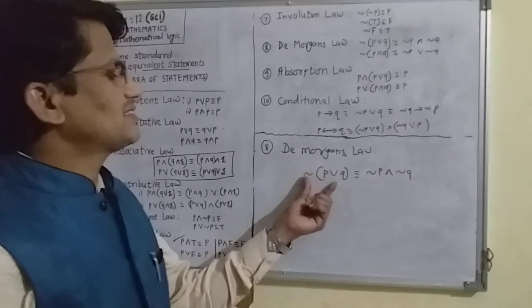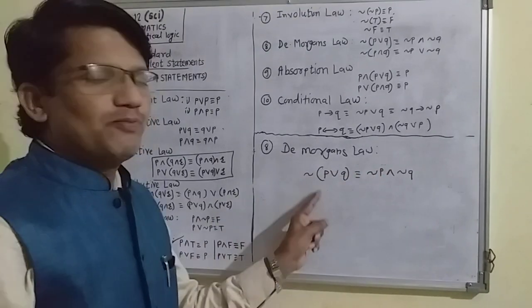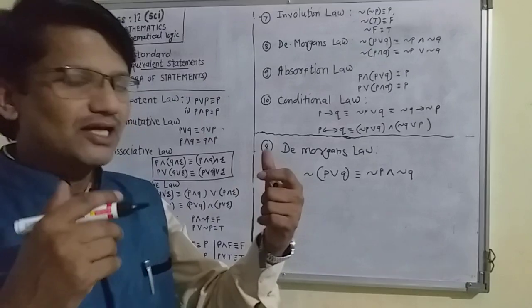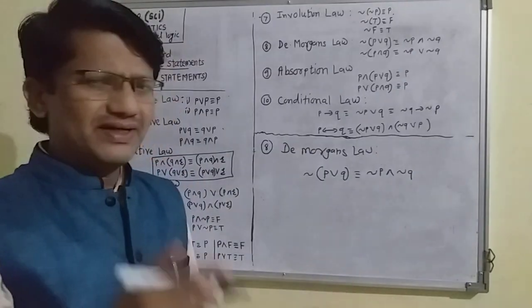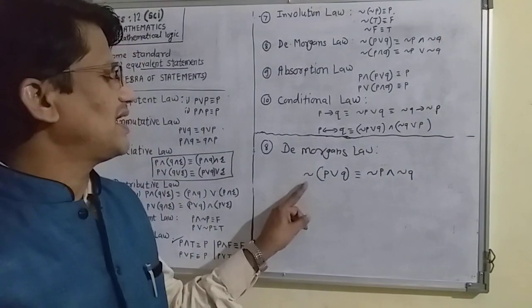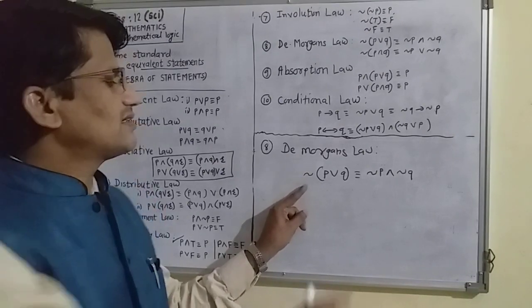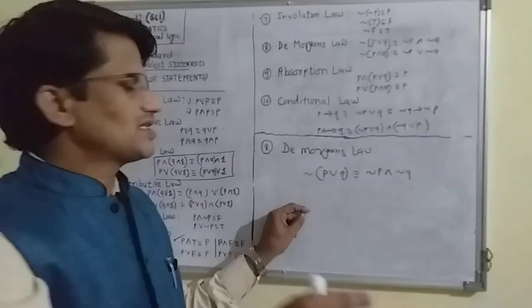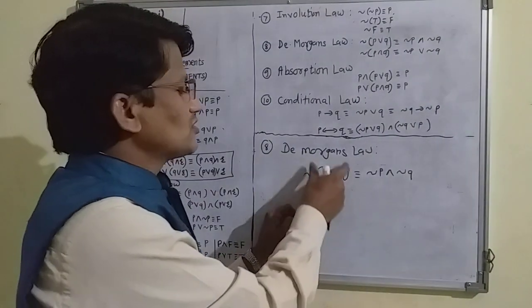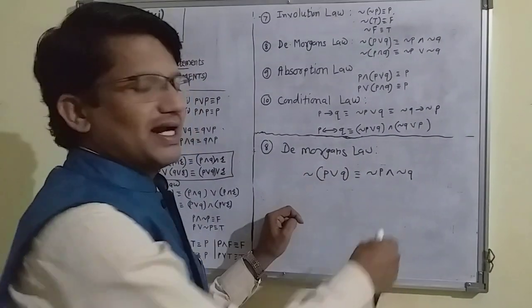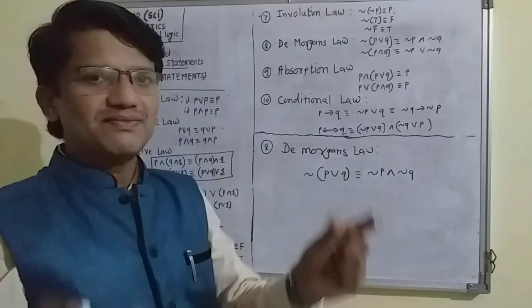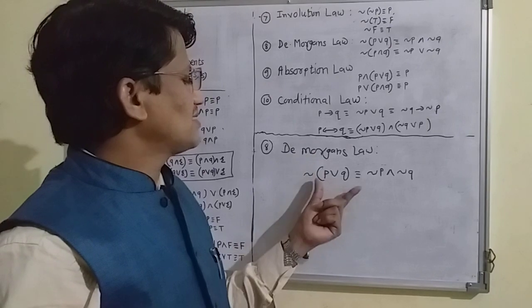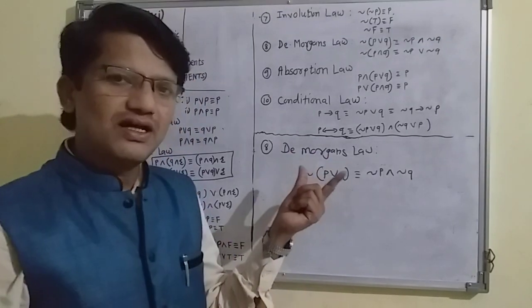The result is already this, and the proof of this result we have already seen in equivalent statements, or you can also solve this by using a truth table. Construct the truth table of the given P, Q, negation P, negation Q, then find the truth values of this part. In some particular columns the output will be the same, which proves the result of De Morgan's law.